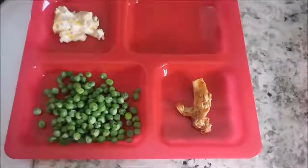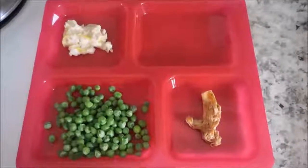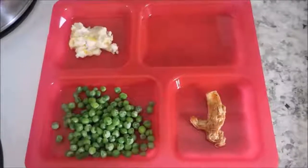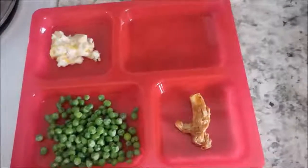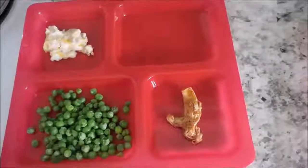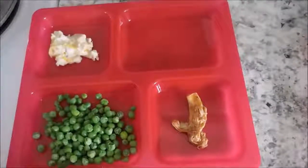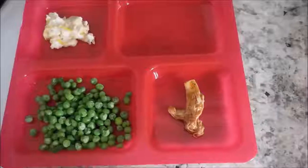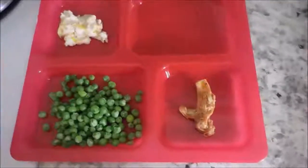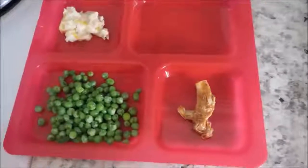I'll just make mention of one thing really quick here. It looks like my kids don't really have much food to eat, and the reason is that I was finding that by giving them larger portions, they were not eating it at all. Sometimes it doesn't even get eaten, and so it feels very wasteful to give them a big portion of chicken or vegetables and things like that, and they're not going to eat them. Basically it either goes in the fridge to try again, or it goes into the garbage. So that's why they get a very small portion of